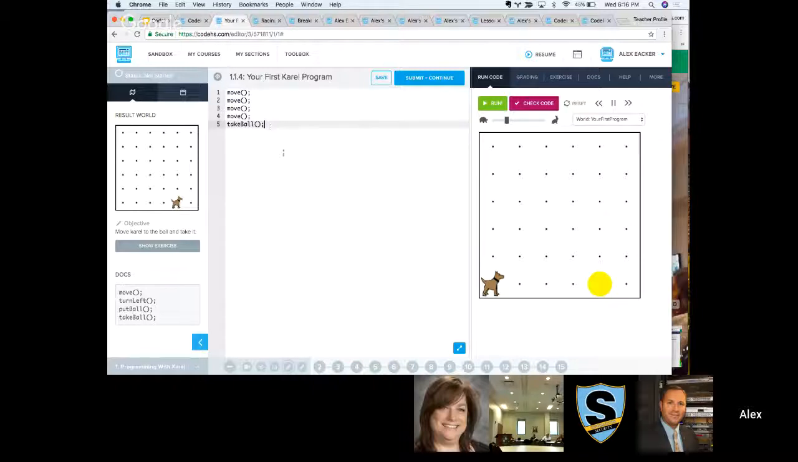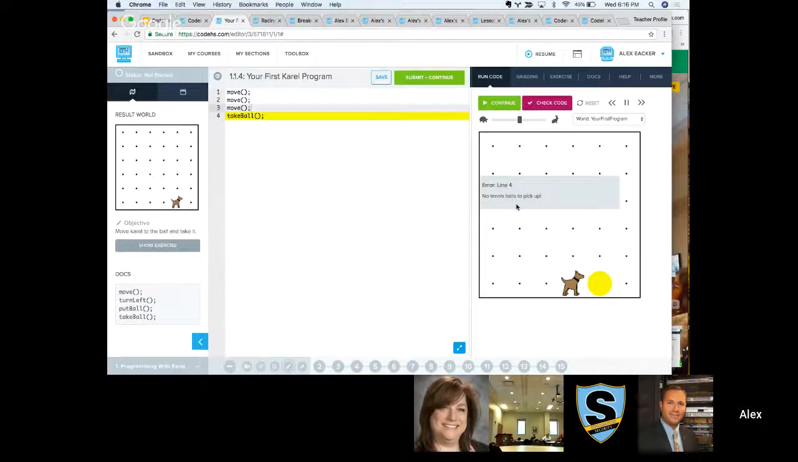In this case, right now it works correctly. If I hit run, it'll go through all of the different steps and Carol will take the ball. If I were to delete this one move tab and reset the code and hit run, it would show, oh, there are no tennis balls to pick up. There's an error at line 4. Then the student might realize, okay, I might need to add that additional move command,